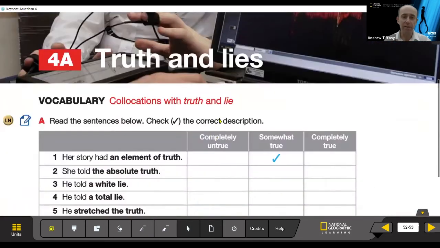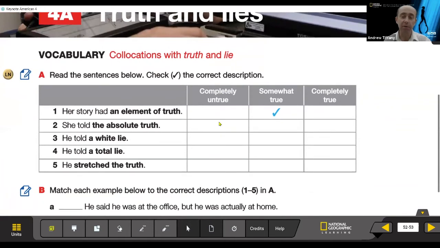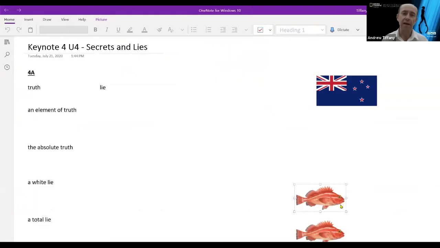But to start this one out, we're going to look at some vocabulary. In this case, it's collocations with truth and lie. What are some words or phrases we use with the words truth and lie? Now, there's an activity here, but before we do that activity, maybe we need to check, do we understand all the vocabulary? So I'm going to switch screens here again. I'm going to jump over to a different screen,